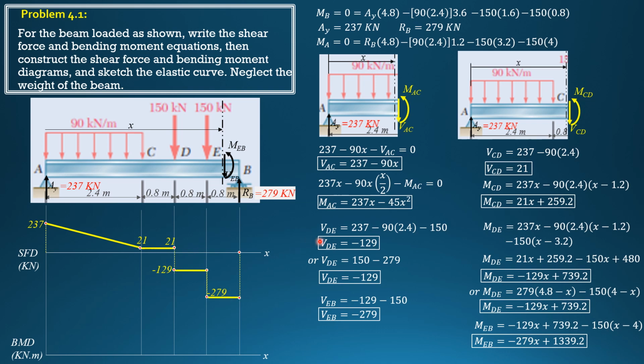Next is when x is 0 and when x is 2.4. That's already finished. Next is segment CD. This is the equation. It is a straight line with positive slope, so inclined upward. You substitute x is 2.4 first at C, then it will give us the same value of 309.6. You evaluate this, 21 times 2.4 plus 259.2. Then when x is 3.2, that's the boundary, 21 times 3.2 plus 259.2, it will give us